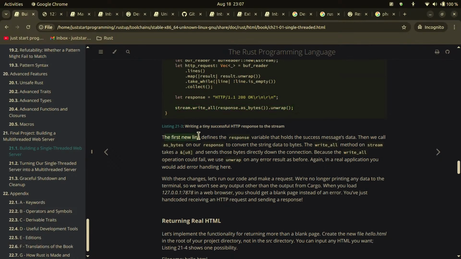Okay, the first new line defines the response. This one is the variable that holds the success message data. Then we call as bytes on our response to convert the string data to bytes. The write all